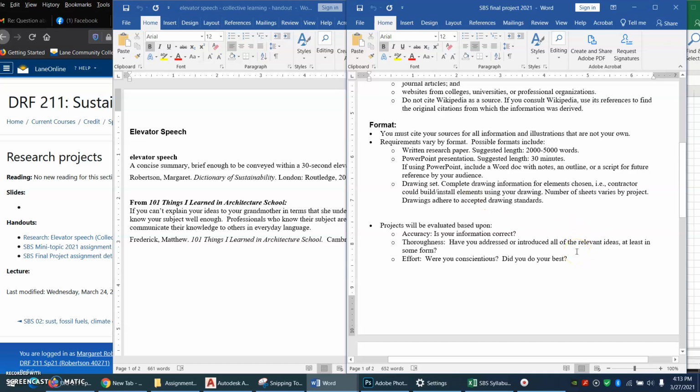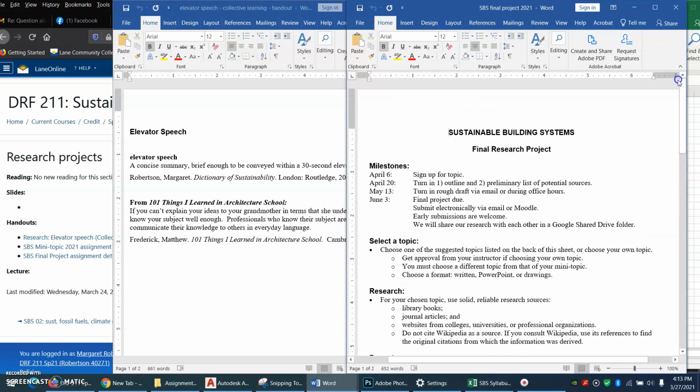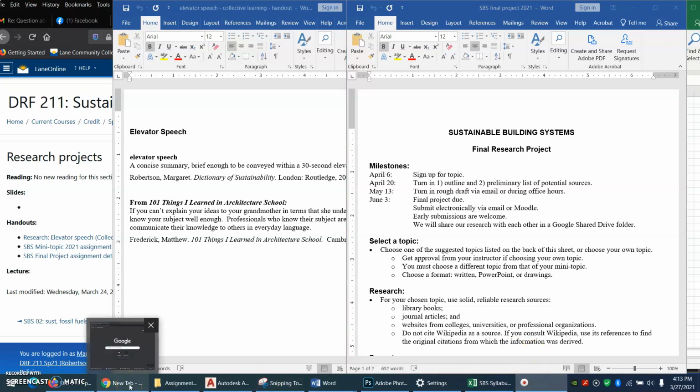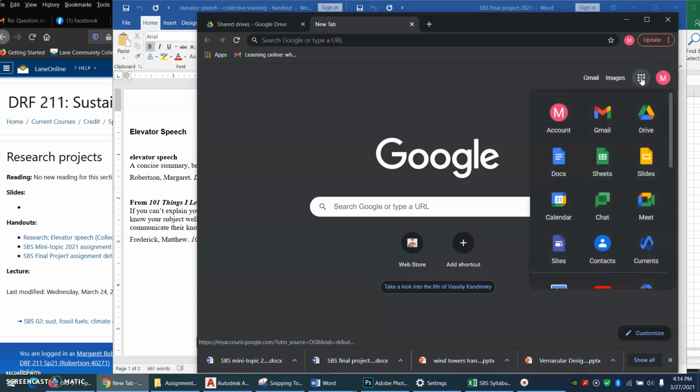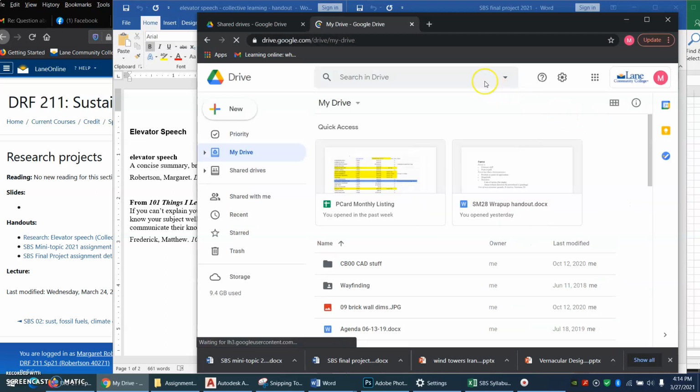Let's see. Now, that's the general idea of the research. Notice it says we will share our research with each other in a Google Shared Drive folder. So when you go to Google, you're probably familiar with Google. When you go to Google, and I like to use Google Chrome for this, if you click on this grid of dots, you'll see a variety of applications, and one of them is called Drive. And if you click on Drive